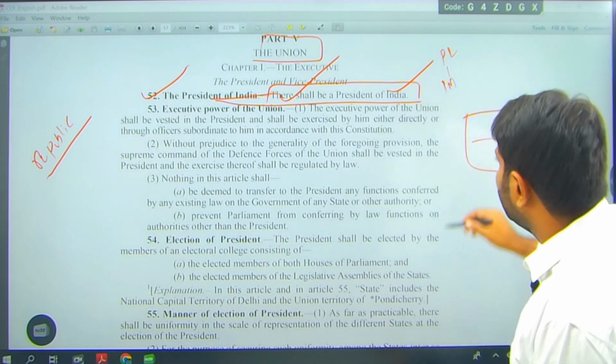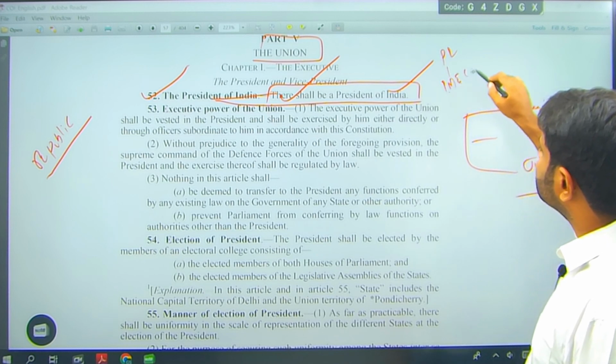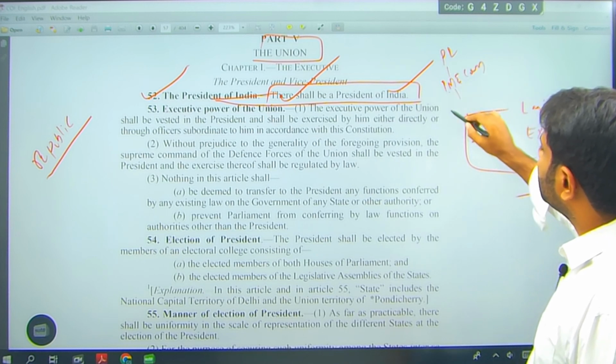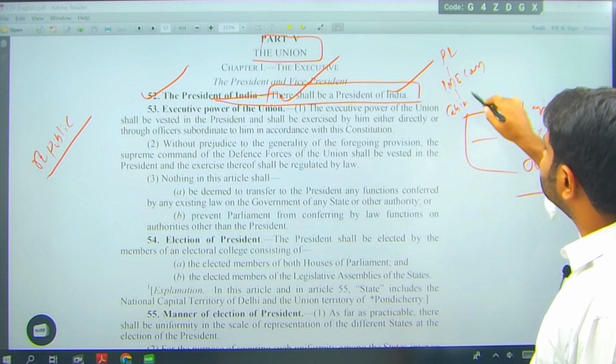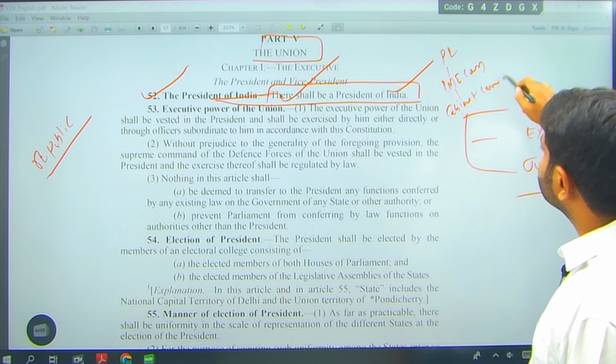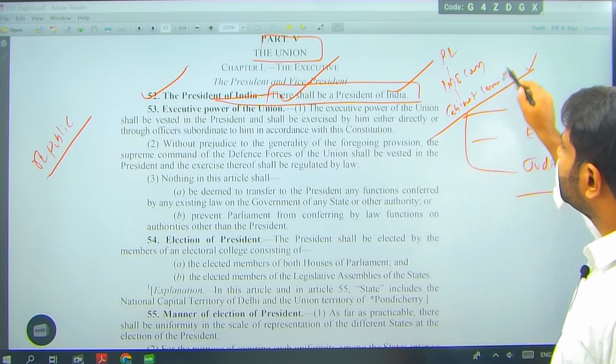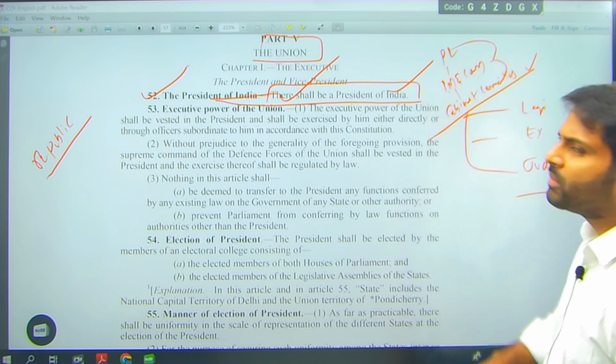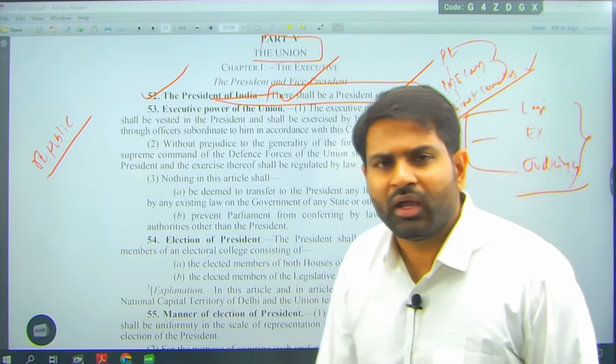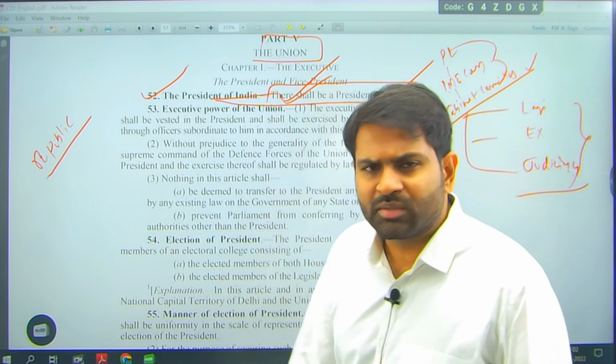The President follows what is said by the Prime Minister and Council of Ministers. They follow their own committees, cabinet committees. The real decisions normally originate from committees, then go to the Prime Minister and Council of Ministers, then go to the President and then get implemented. So, Article 52 is important because there is a President of India.